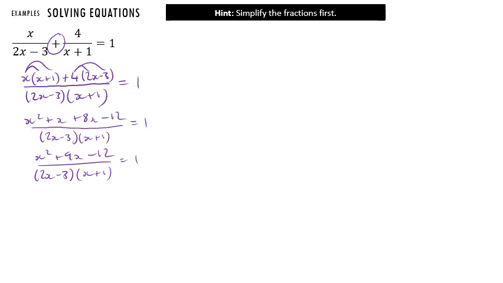But solving the equation, we need to go on to find what x is. So here we are going to need to multiply out these brackets on the base. Now we can either do that now, or we can multiply both sides by them first. Either way doesn't matter. I'll multiply both sides by them first. We'll have x squared plus 9x minus 12 is equal to 1 times 2x minus 3, x plus 1. And I'll expand the brackets now. So whichever method you use for this,